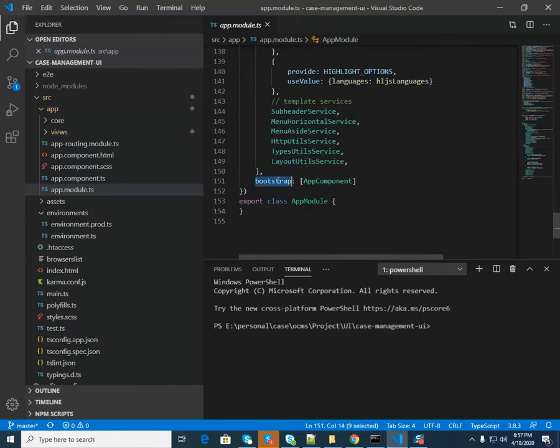And the very last one is bootstrap, which indicates the bootstrapping component. In our application it is AppComponent. The module has a class name, and this class name is AppModule. It is not necessary to name the root module AppModule. You could change it to whatever you like, but if you change it, then you need to put that information in the main.ts